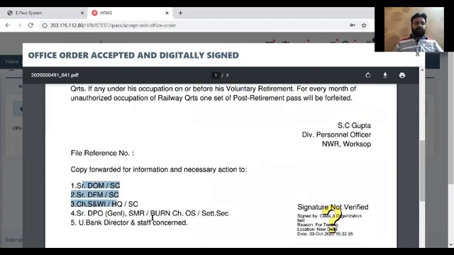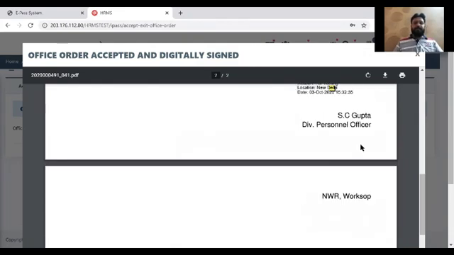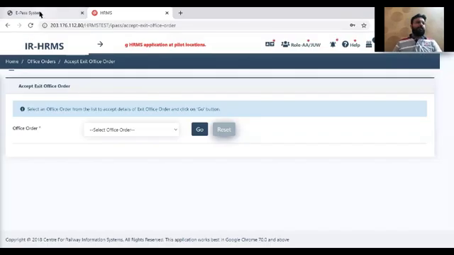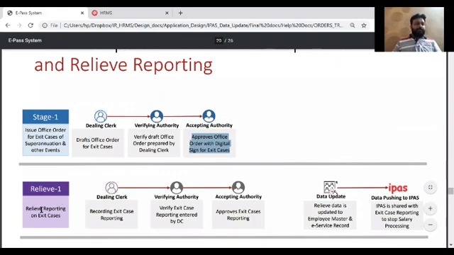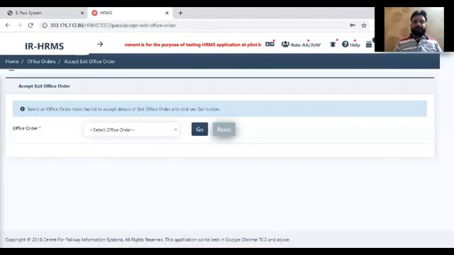At the bottom we have copy to list and the name of issuing officer and his digital signature. So all this information we have. Now for the next stage, we have to move out. For the next stage, we have to enter again with my dealing clerk. So for the next stage, we have to capture the information at the time of actual exit of employee. So when the day the employee is actually retiring, I have to capture this information just after that day. So let's go to that.